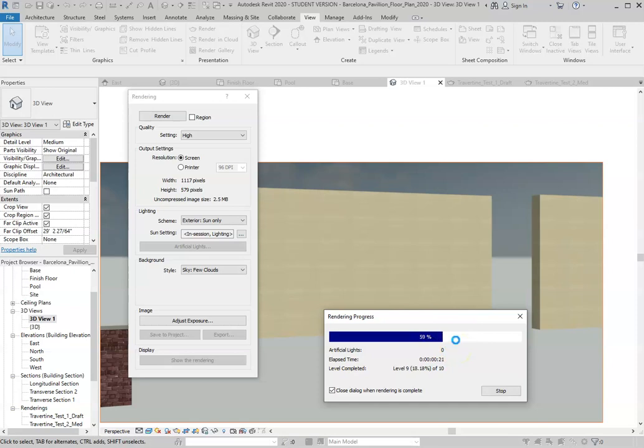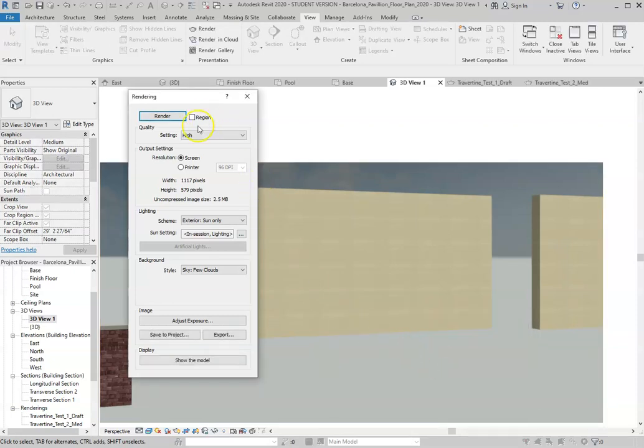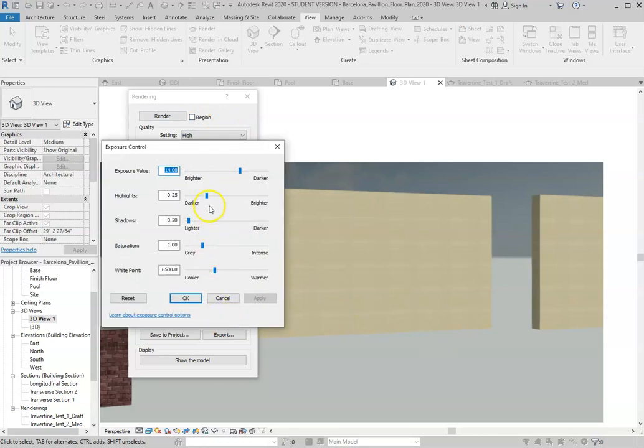So this is going to be a question of your computer. I could hear my computer kind of humming in the background as it's doing this. But to get through this high one in a matter of 30 seconds is pretty good. But this is a pretty strong computer. And you're going to want to get to the best ones. And then, so here's adjust exposure. If we click on that, we could,